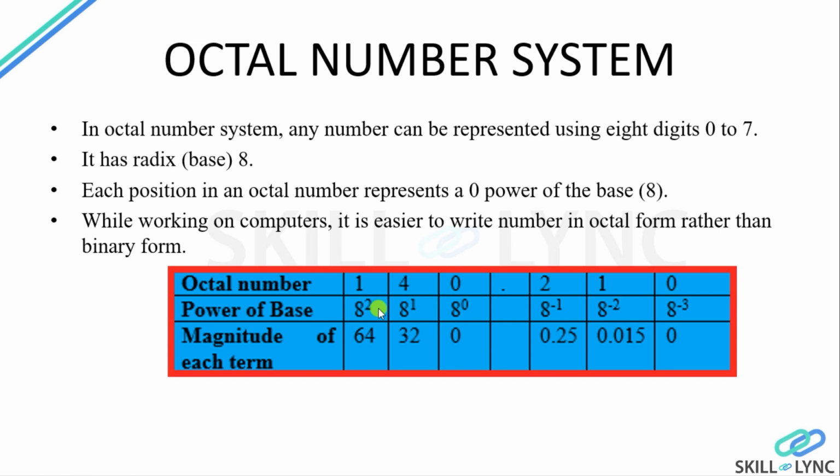But coming to the octal number system, why we require it is because it is easier to mention the numbers than in the binary number system, because in binary we have a limit of only two numbers, 0 or 1. But in the octal number system, we have a limit of 8 numbers, meaning 0 to 7, and 8 equals 2 to power 3, so we can group 3 bits as a single number.